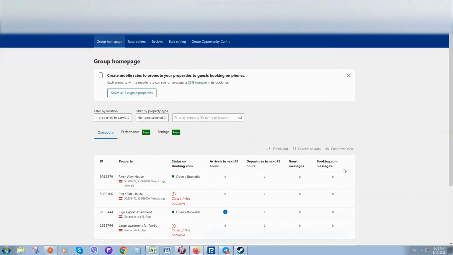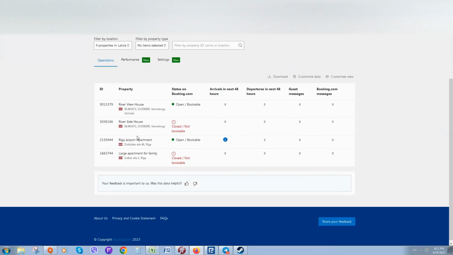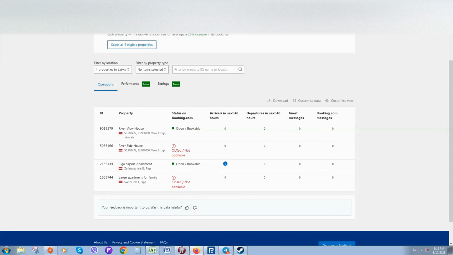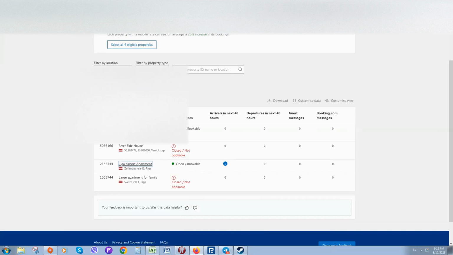Okay, so how to edit your Booking.com extranet account property. So for example, you would like to add a meal plan to your property. So log into your booking and then select your property. So I have select property and click on